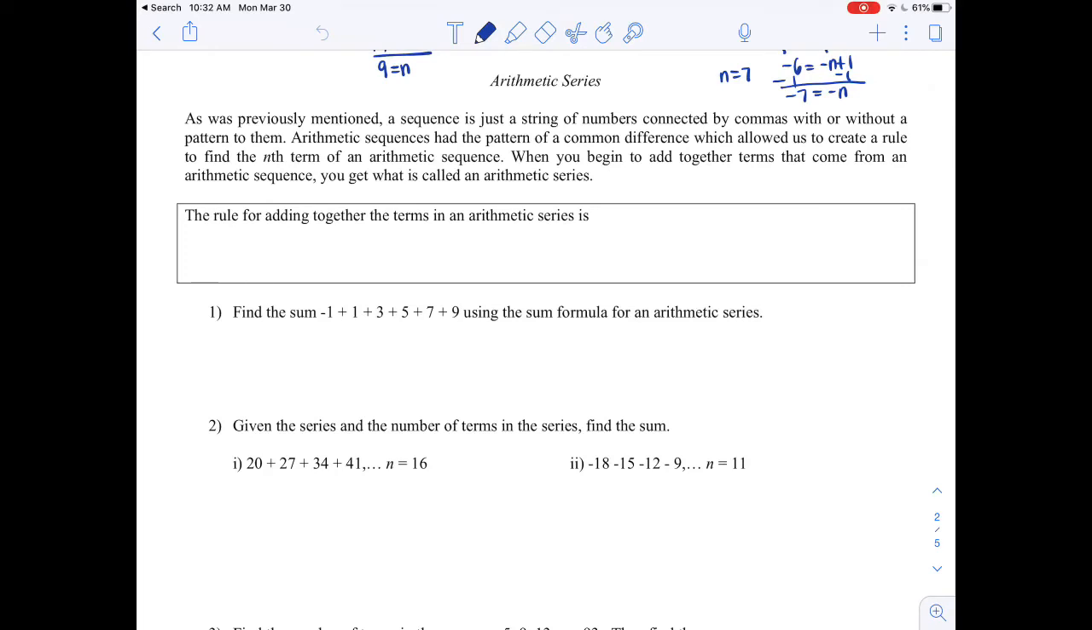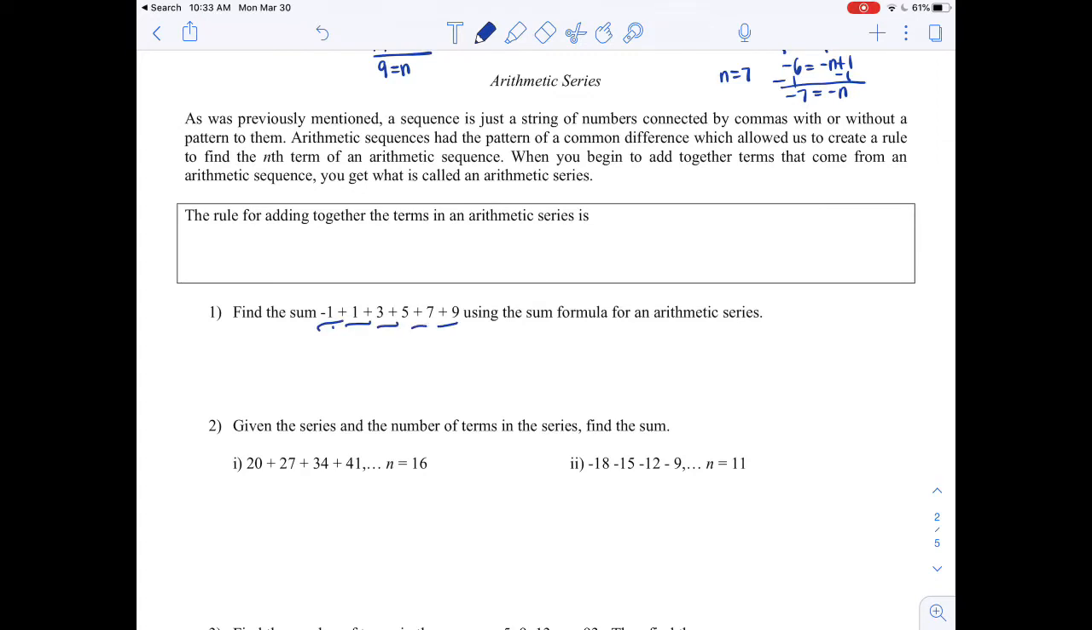All right, so for today we're going to be talking about something called arithmetic series. I had mentioned that a series is a little different from a sequence in that instead of it just being a pattern of numbers, now you're starting to add the terms of that pattern together. So when it comes to what we call a finite arithmetic series, meaning we have a specific number of terms, not an infinite number of terms, there's a formula to be able to add the terms of your series together,